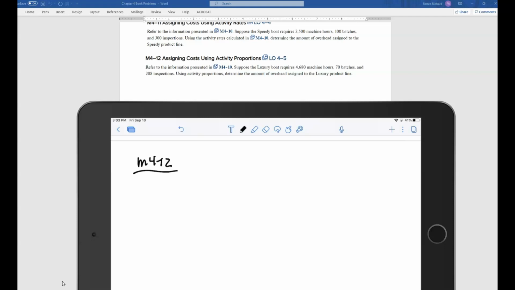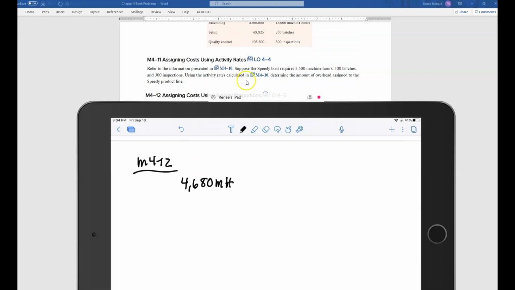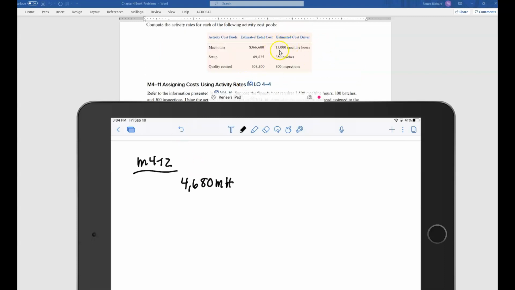So we use proportions. What we're saying when they say to use activity proportions is we're figuring out what proportion of the total overhead this one uses. So if it uses 4,680 machine hours, and we have a total of 13,000 machine hours,